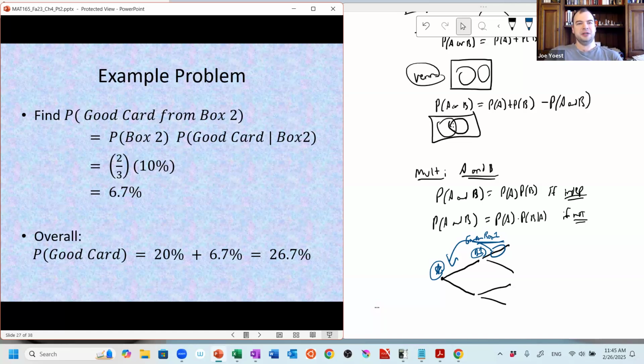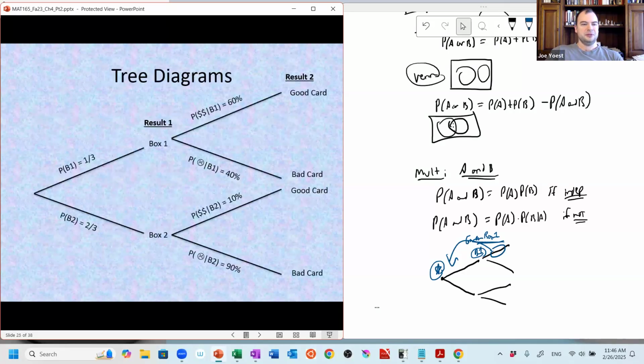As a little side note, when I do a complicated calculation like this, it's good to check my answer. I got a number as my answer. I'm claiming it's a probability. Is it between 0 and 1? Yeah, it is. That's a good thing to check. It's between 0% and 100%. Is it kind of sensible?